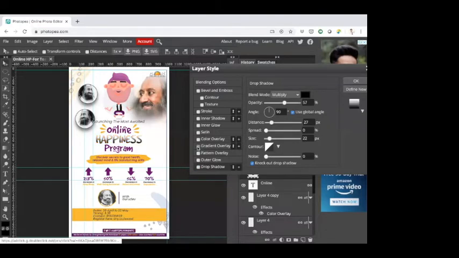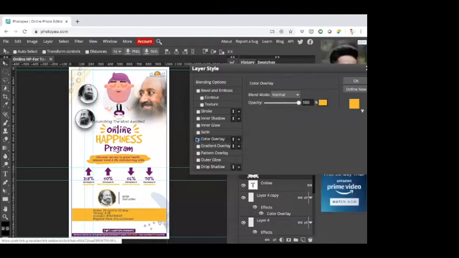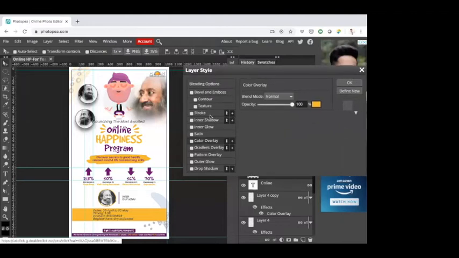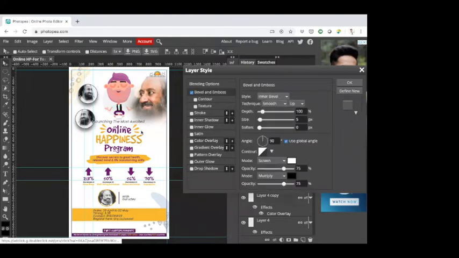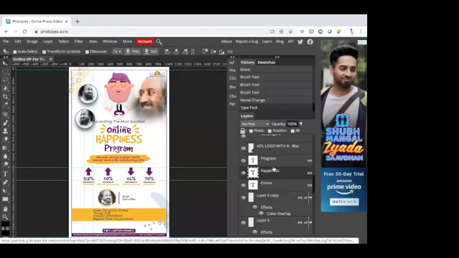Now you can do a gradient overlay. Gradient is basically one color merging into another color. So you can try out with that. Color overlay is basically what we saw earlier, the same thing. Now, there is inner shadow, all those things. Bevel and emboss will have a 3D effect again. It's like a bevel effect. So you can actually change the depth of this so that it looks a little 3D. These things you can explore later, but I think for the basics you need not know about all those features.